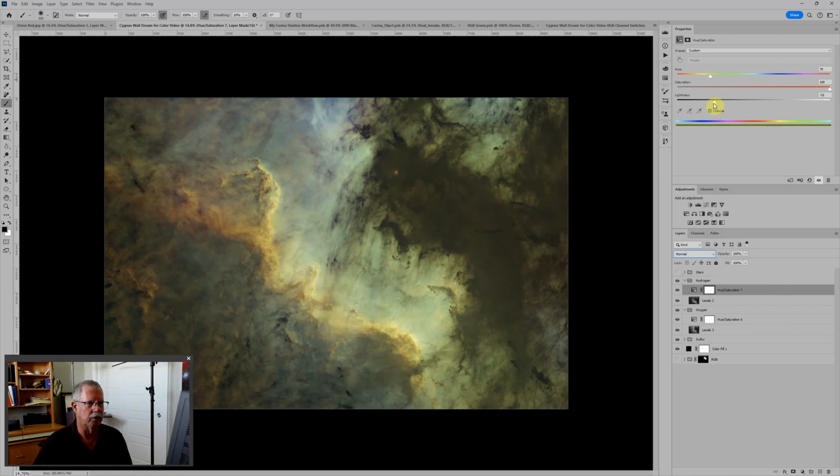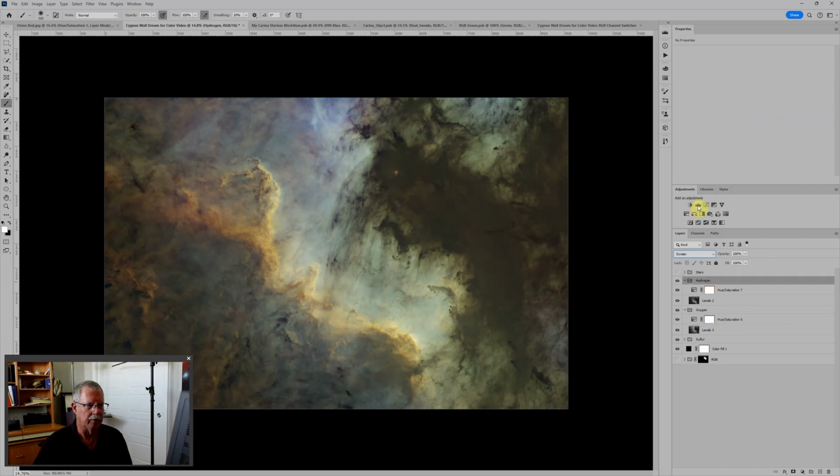If we feel like it's too strong, we can change the lightness up or down. And I can always come back to my hydrogen now if I want to make it a little bit more blue to bring out a little bit more of, I keep saying hydrogen, oxygen, to bring out more of that blue in the background. And again, we can add a